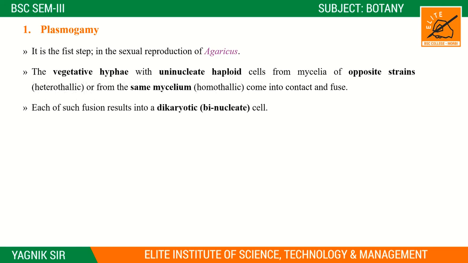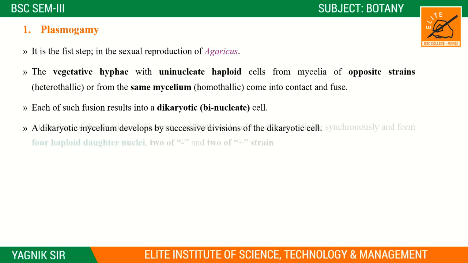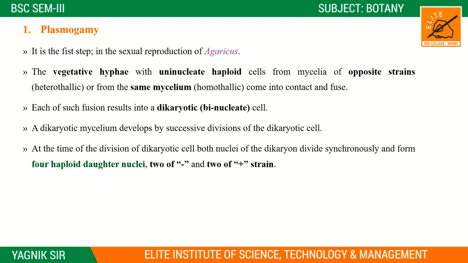Plus strand and the minus strand both are fused and the protoplast of each other fuses. Each such fusion results in dikaryotic cells. Dikaryotic cells, that means two nuclei, binucleate, right? The dikaryotic mycelium develops by the successive divisions of the dikaryotic cells, and at the time of the division of the dikaryotic cells, both nuclei of the dikaryote